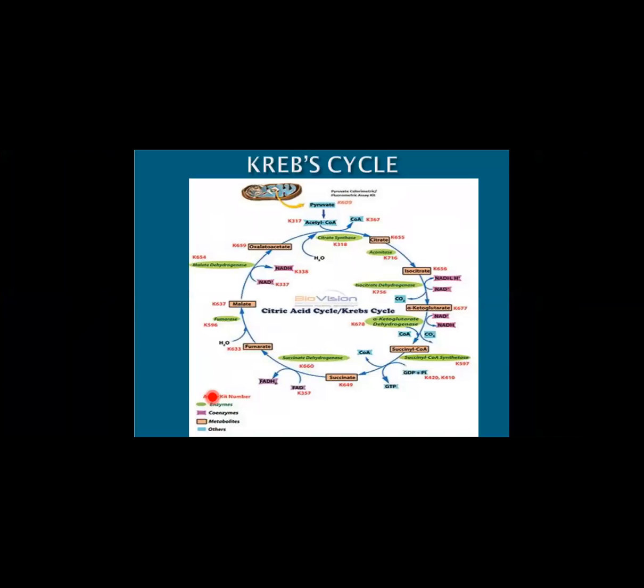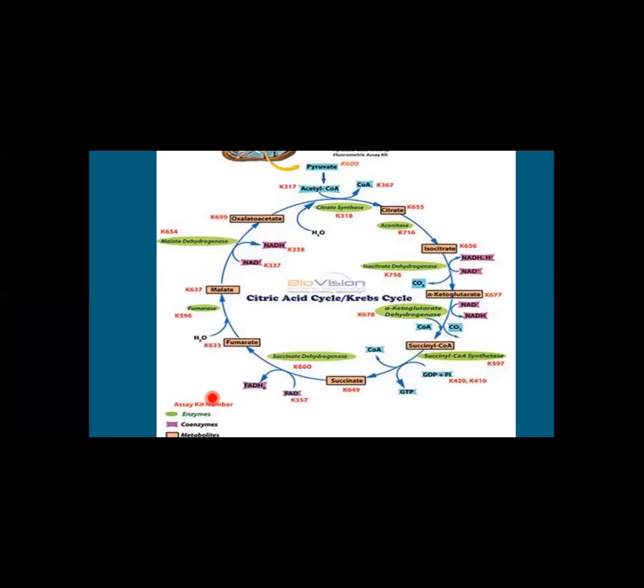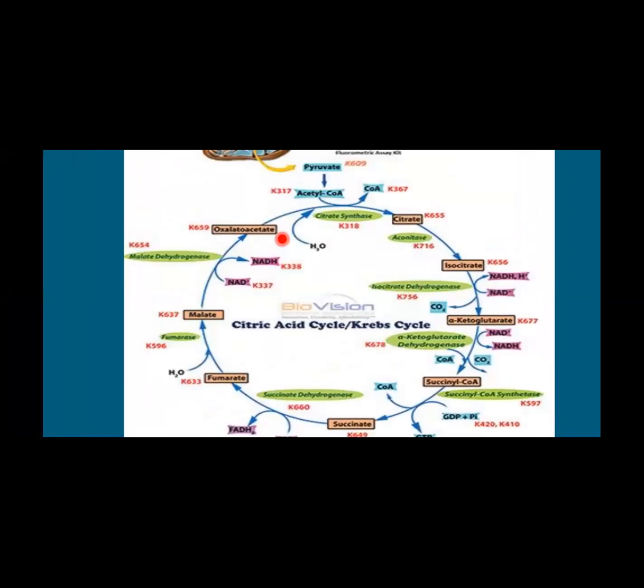Here I have given a diagrammatic representation of the Krebs cycle so that students can recall by seeing this diagram. You can see here, students, what happens. Pyruvate converts into acetyl CoA with liberation of carbon dioxide. Acetyl CoA enters the cycle and combines with oxaloacetic acid, forming the first compound, citrate. Then citrate converts to isocitrate. The enzyme is aconitase, and isocitrate is also a 6 carbon molecule.